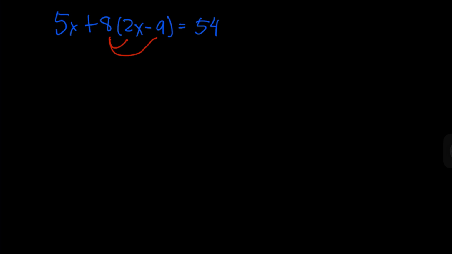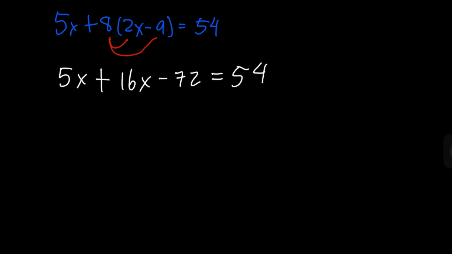So let's write 5x plus, let's multiply 8 times 2x, that would be equal to 16x. 8 times negative 9, that is equal to negative 72, is equal to 54. So let's combine 5x plus 16x, that would be equal to 21x, is equal to, let's transpose 72 on the